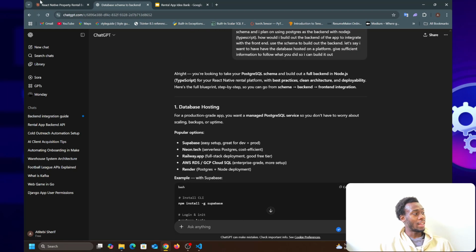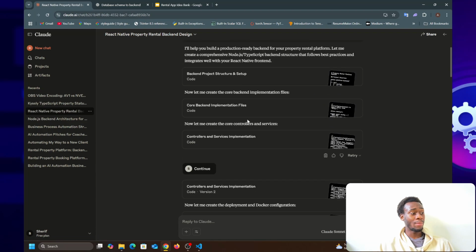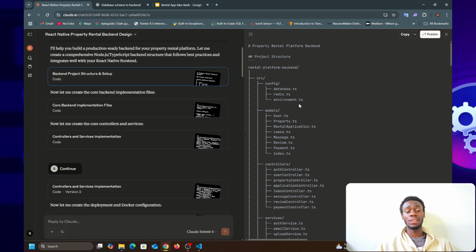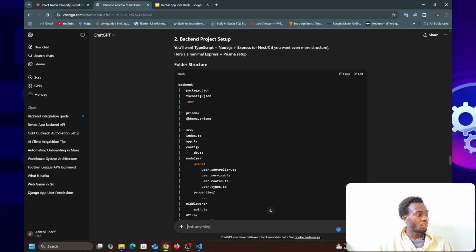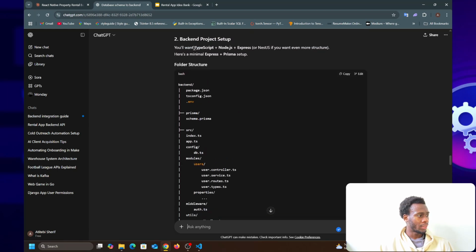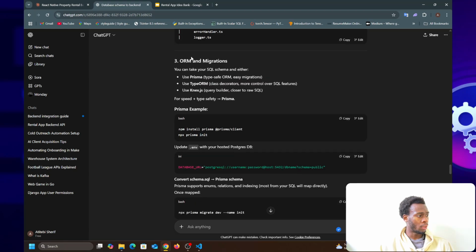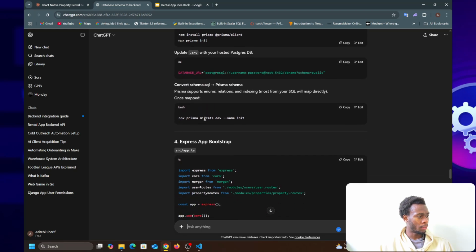Okay, so it is giving... I'm basically asking it the same questions I asked Claude, and it gave me a whole project setup that I am now using for the project because I found it very useful. It follows good practices as far as I know, because my experience with Node.js is very limited. It's using Prisma though instead of Kysely, whatever. And yes, similar project setup. Okay, Prisma, yeah, simple enough.